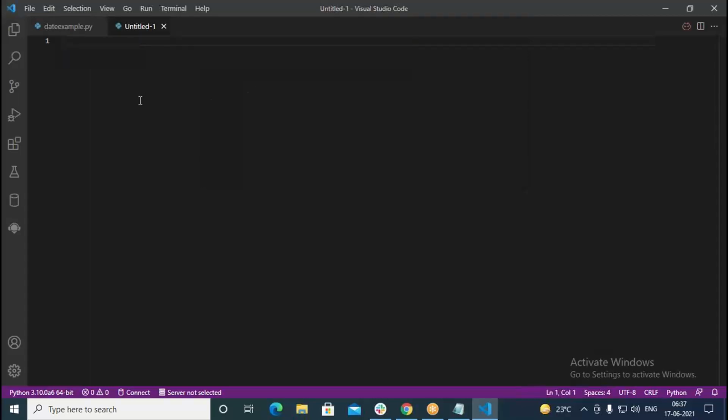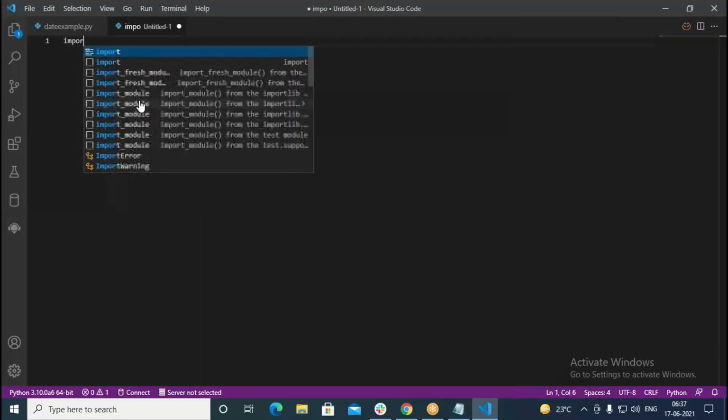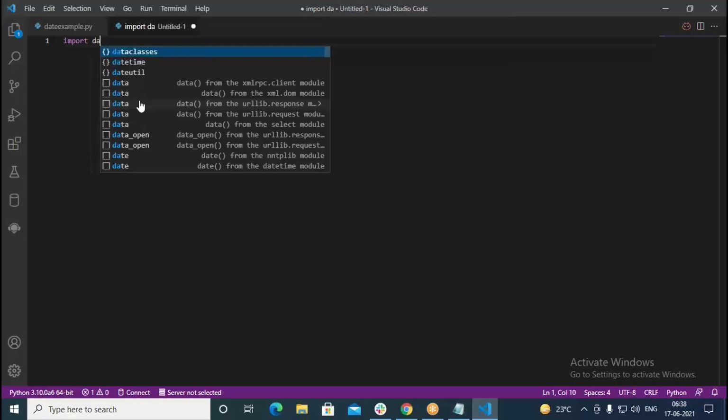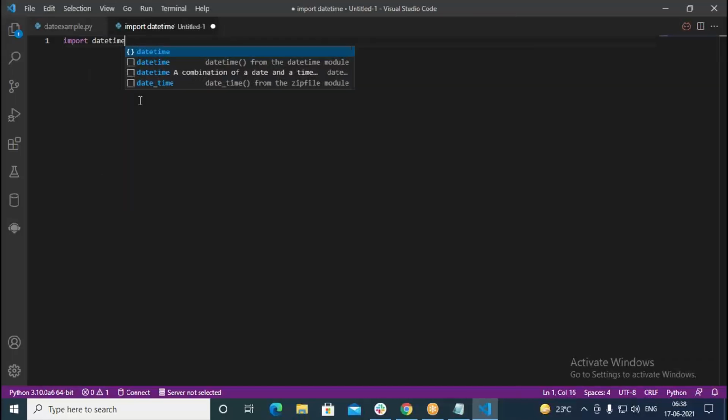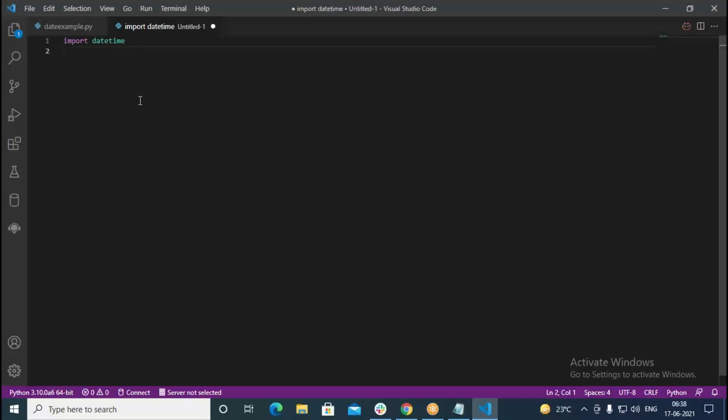So very first thing, in order to work with the date and time, we need to import datetime. Okay, we are importing datetime. The next thing, I want to input, that means I don't enter from the keyboard, but I pass here a string with which I can create a new date.